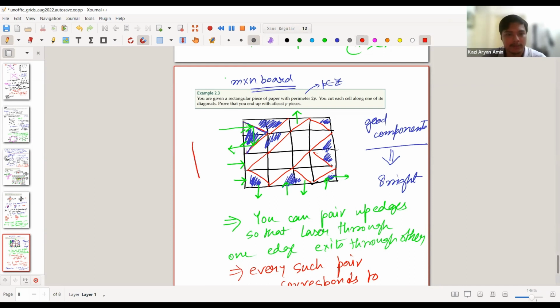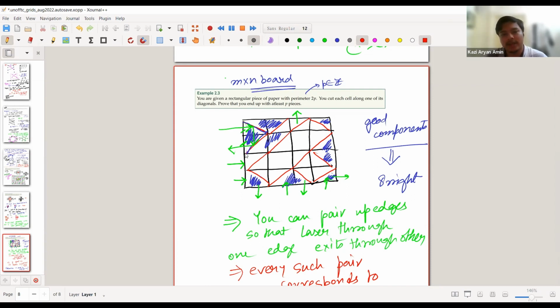If you have something like this, you make sure that it goes through here and then goes through here and then goes through here. How would you describe this formally? You just write it like I said, you call the component. I will leave a link to the solution, but you can write it like this: if you shine a laser